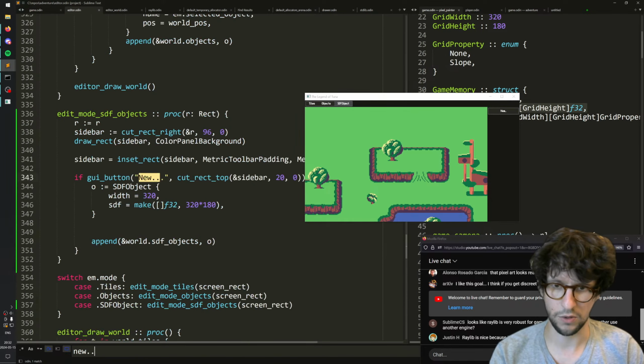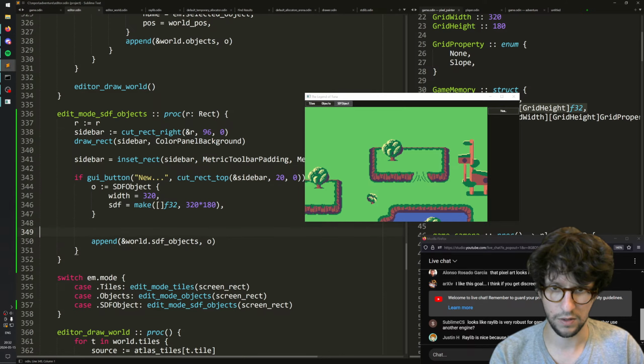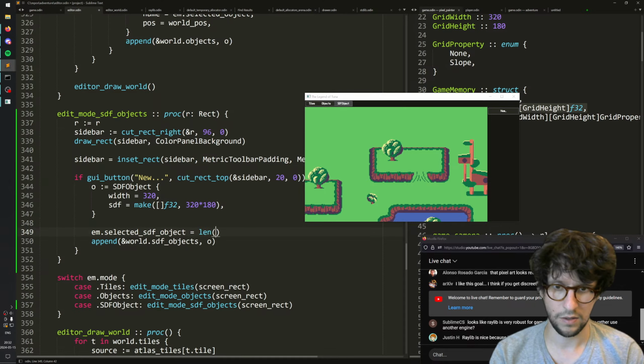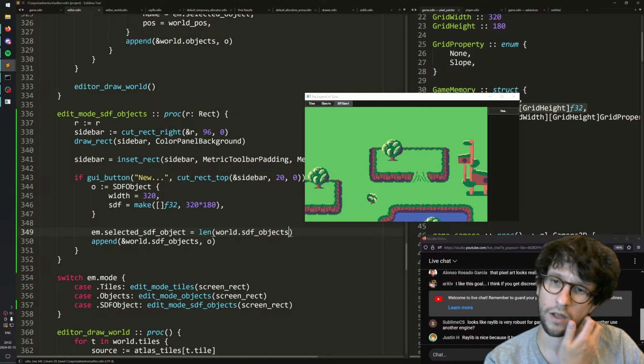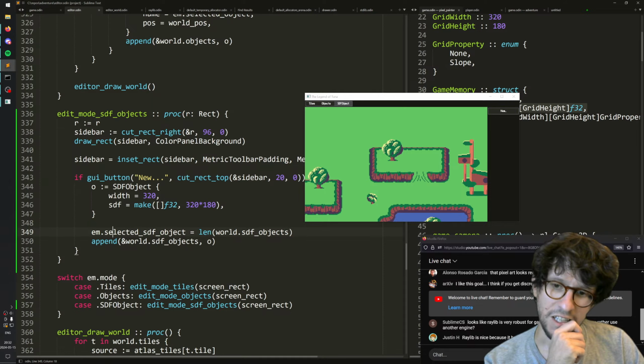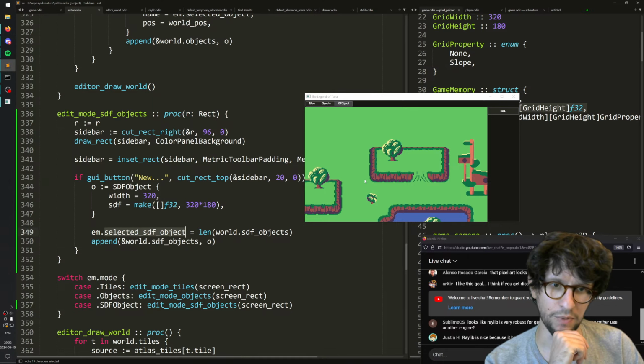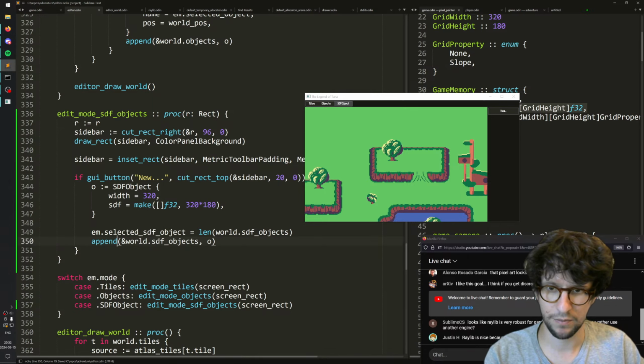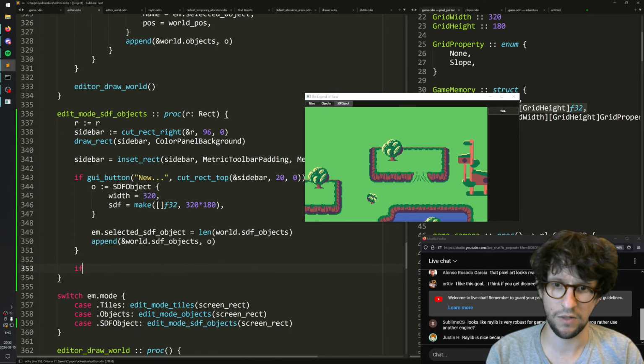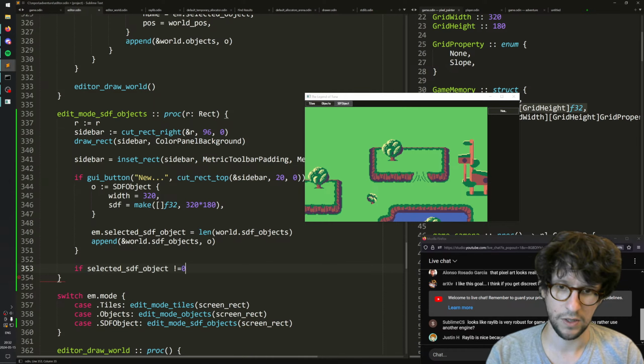Then we go back to this new, and we say EM, that's the editor memory, is length of world of SDF objects. Okay, so then we set that one to be the edited one, and it is at position 0, 0. So then we can go down here and say if selected SDF object is not 0, well,